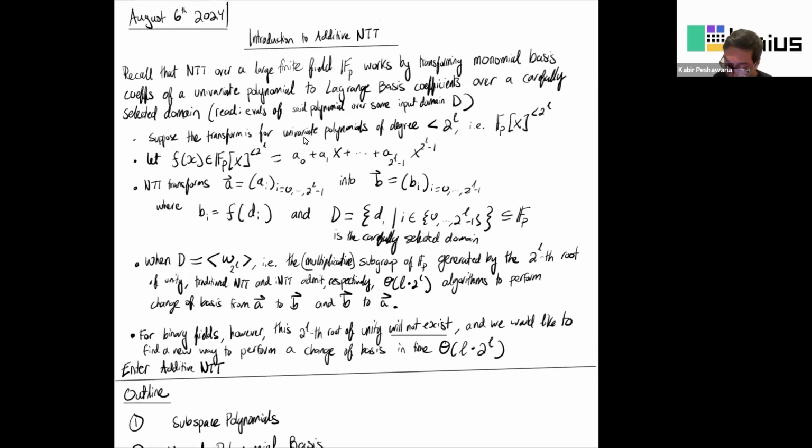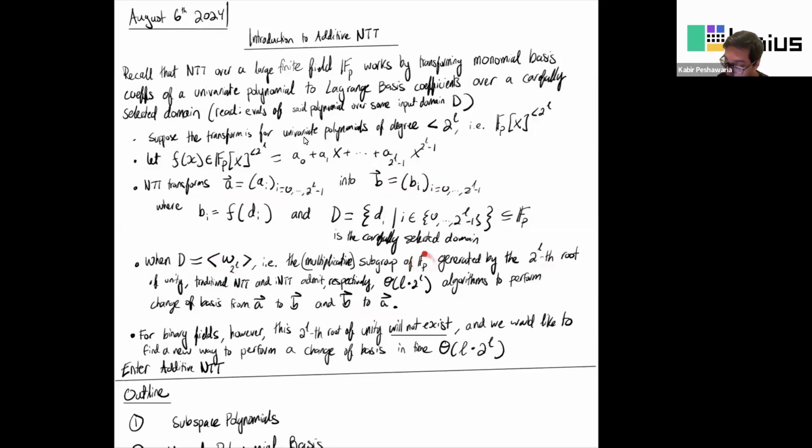When D is equal to this very specific subset of the underlying field, then we are able to do this NTT and INTT, the traditional versions, in a nice way with this quasi-linear algorithm. So if you let n be the size of the input, in this case that's 2 to the L, then this is n log n. And that allows us to change between this coordinate vector and this coordinate vector, and actually vice versa using the inverse transform. That's cool. This thing here, though, is the 2 to the Lth root of unity,